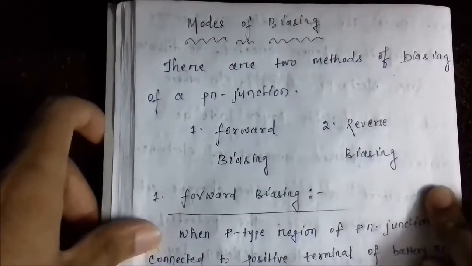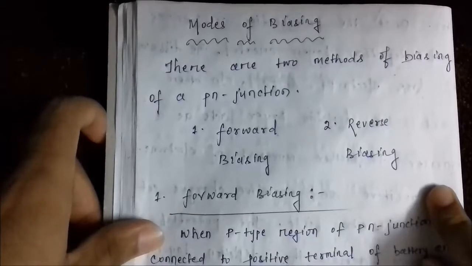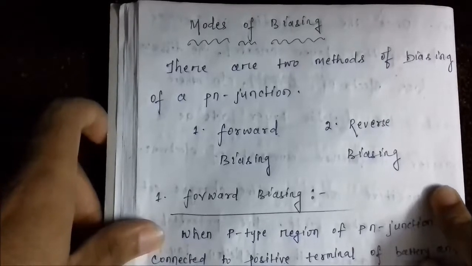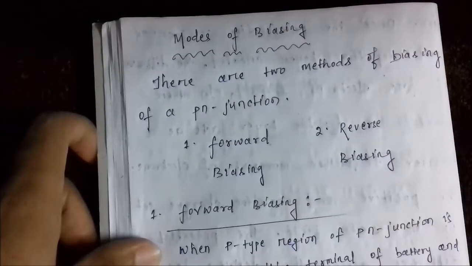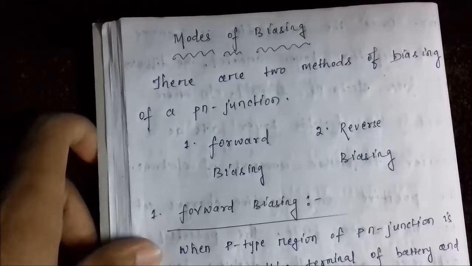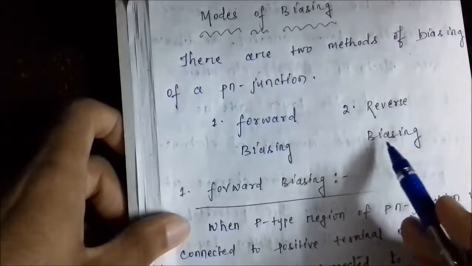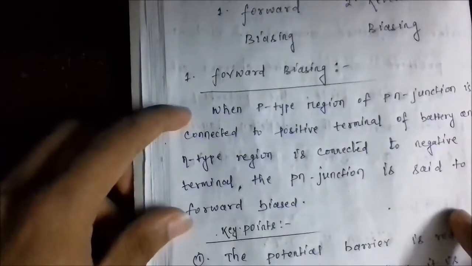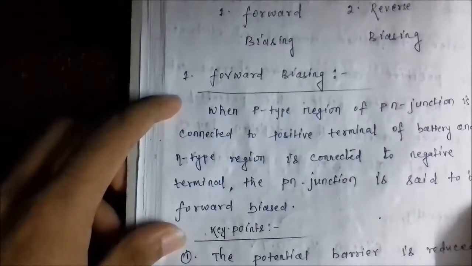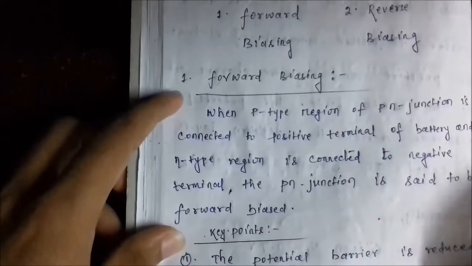Now we are going to discuss the various methods of biasing, or the modes of biasing. In order to bias a PN junction device, there are two methods: forward biasing and reverse biasing. Let us discuss them in detail. Now, what is forward biasing? In simple terms,